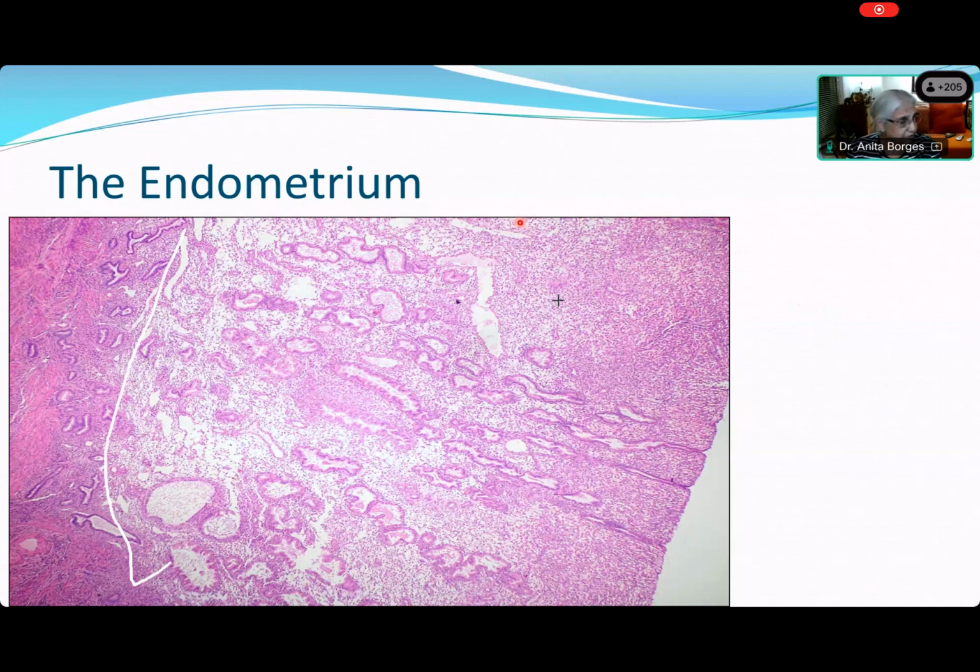What did you say, Vandana? They should not try to get the basalis. It is very deep. So it means that somebody has done an extremely deep curettage. And if you do a very deep curettage, Vandana, what is likely to happen? What are the consequences of a very deep curettage?